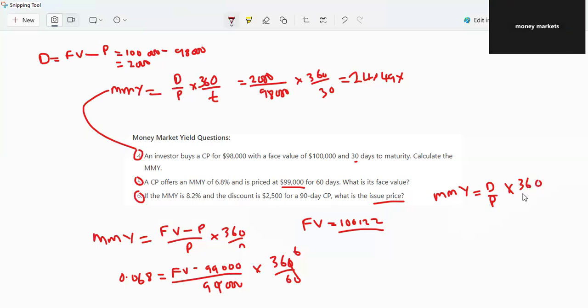So what we're being asked for is simply the issue price, the P. The money market yield has been given here as 8.2%, so 0.082. Okay? And the discount has been given as 2,500. The purchase price, we don't have. The time we have there is 90 days. So you put 90 days. So what remains just subject of formula? You'll find that your price, if you compute it very well,